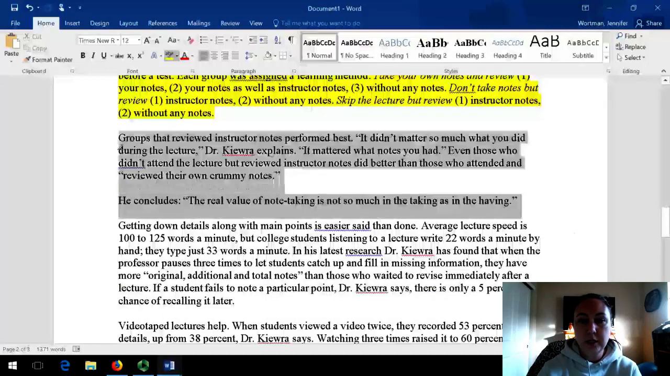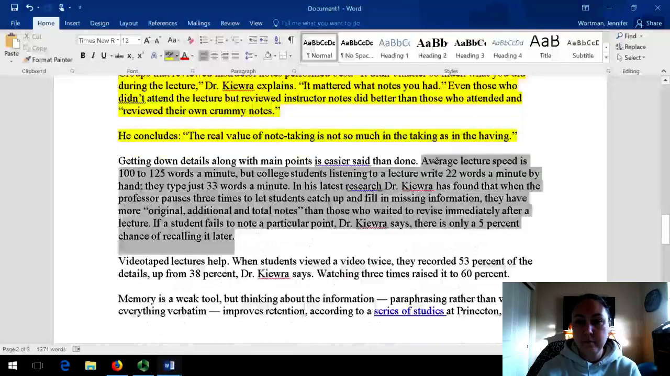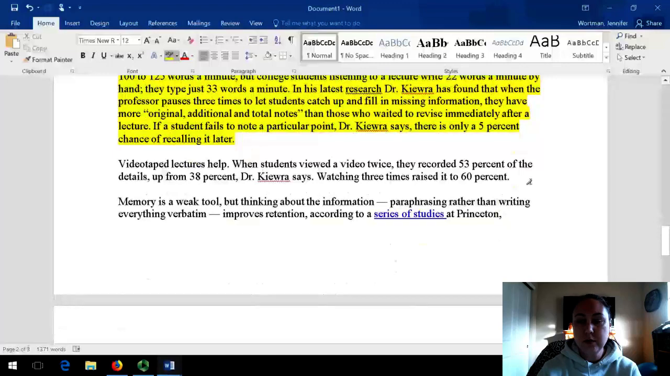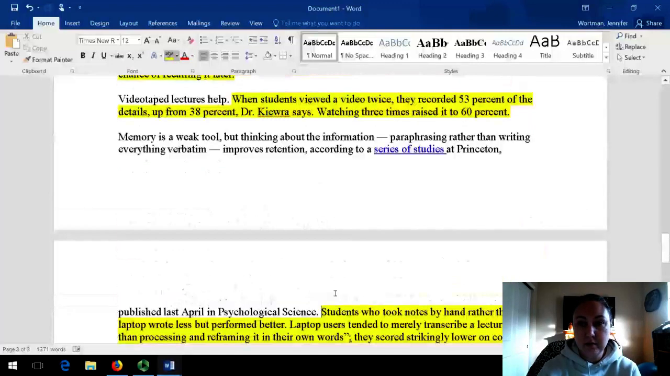So supporting. Something that you might notice when I'm doing this is that in this article, this particular author